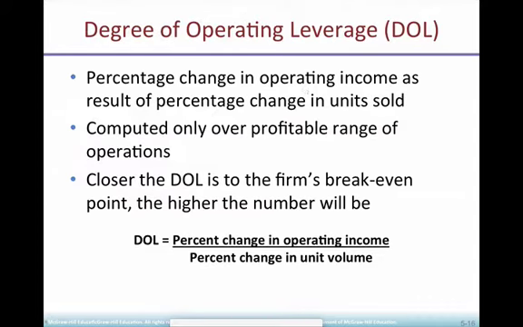So to do these calculations for degree of operating leverage, I'm gonna use this formula. Percentage change in operating income divided by percentage change in volume. Any percentage change, like you learn in your econ or math class, it's variable 2 minus variable 1 divided by variable 1 times 100. Or new level minus old level divided by old level times 100. That's just the formula. So here, percentage change in operating income is going to be new operating income minus old operating income divided by old operating income times 100. And the same for unit volume.